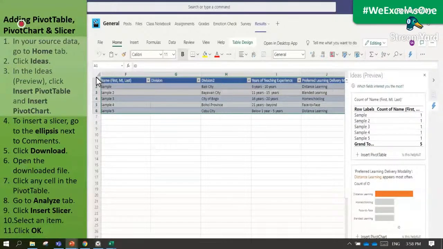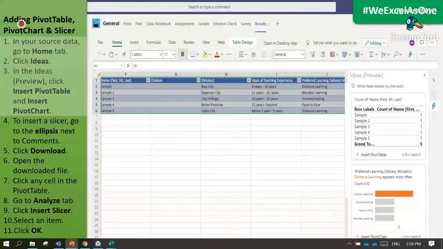So the first step is, in your source data, the one that we have from your responses in the form, go to the Home tab. So where is the Home tab? That is at the top, next to File. You click on that, and under the Home tab is Ideas.